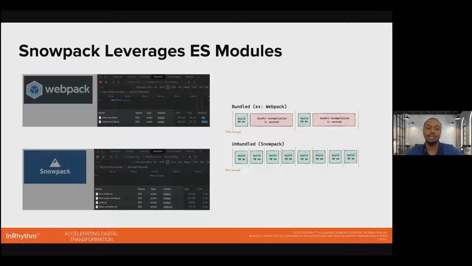In these two screenshots over here on the left, you can see the difference between Webpack and Snowpack. If you look at the top one, the Webpack example, Webpack almost always returns two JavaScript files, a main.bundle.js and a vendor.bundle.js. While this does limit the amount of requests the browser needs to make, while you're developing, you have to wait for Webpack to rebundle your code each time you make a change to pretty much any